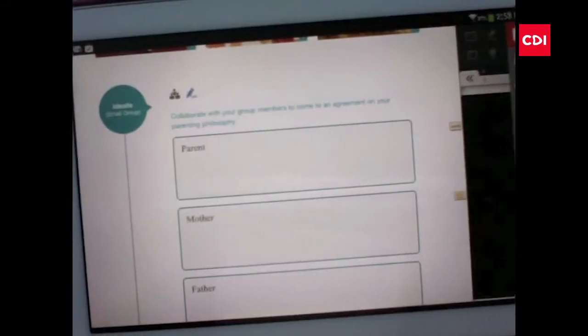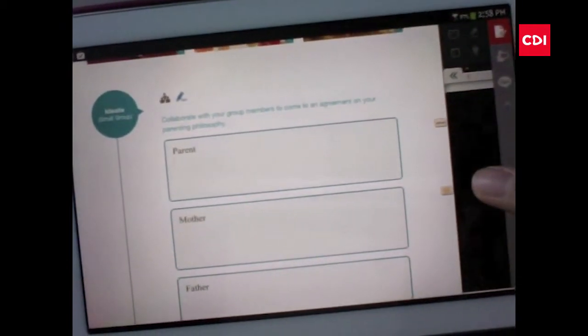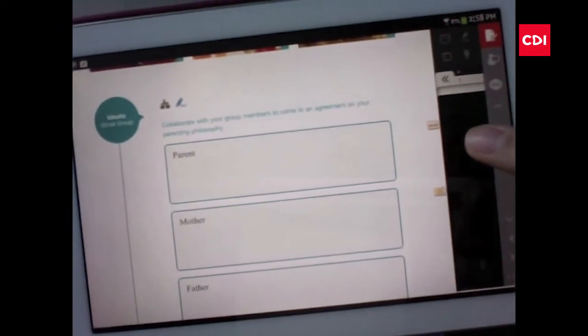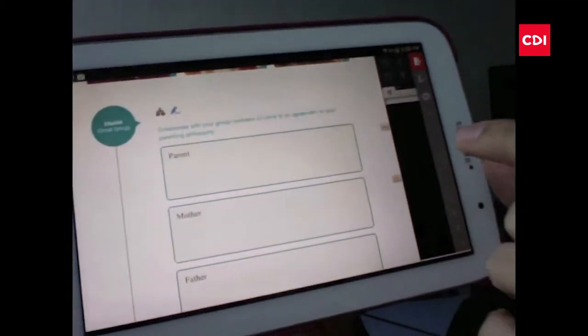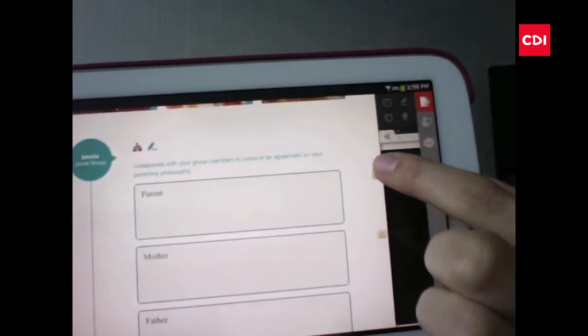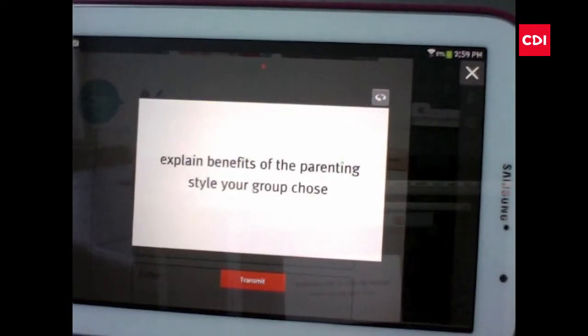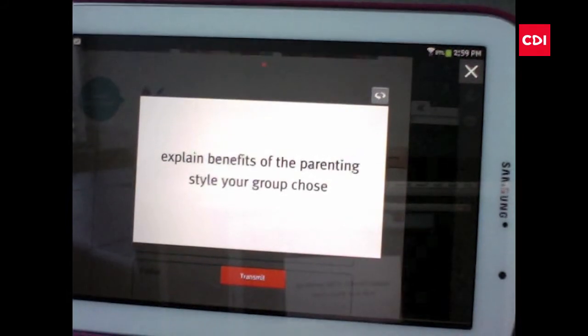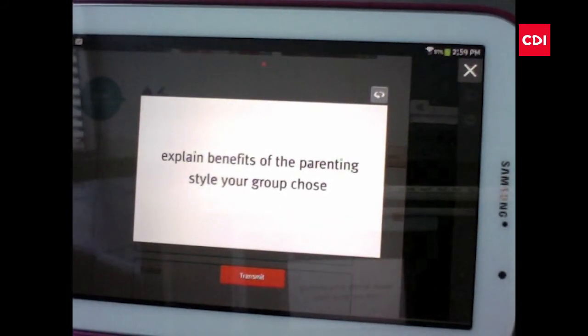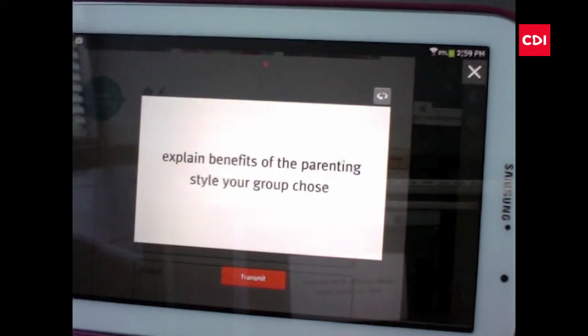To help the kids create their projects, I'm again going to use media cards on the collaborative project page part 4. This is page 12. I'm really going to emphasize to the students that they have to explain the benefits of the parenting style they chose, whether that be natural growth or concerted cultivation, and they're going to have to explain all this on the second page of their magazine.